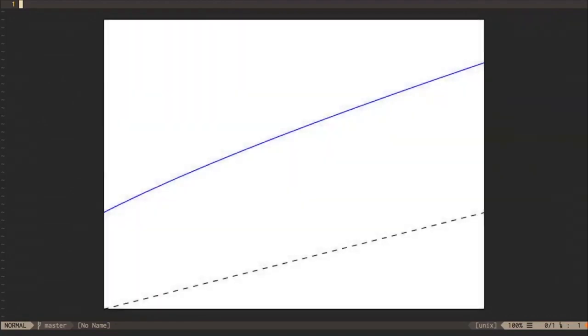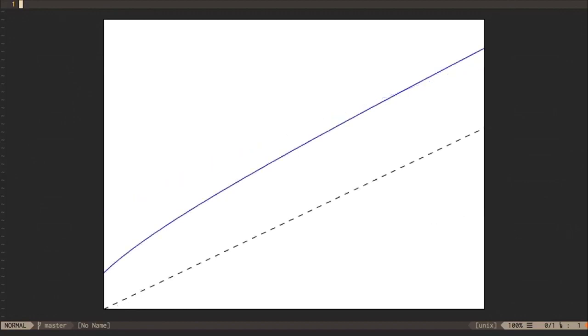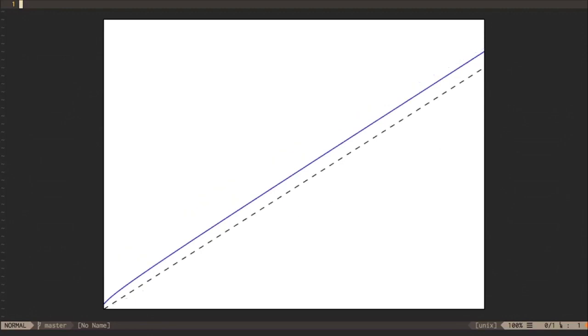In this plot, the dashed black line at the bottom is a linear relationship. It represents a value that grows twice as much for every doubling of input size, for example. Now it would seem that the blue line represents a runtime which grows super linearly, faster than linearly. This looks kind of the same if we look at a bigger picture, where we extend to looking at more data. If we look at an even bigger picture, this still seems to be true,